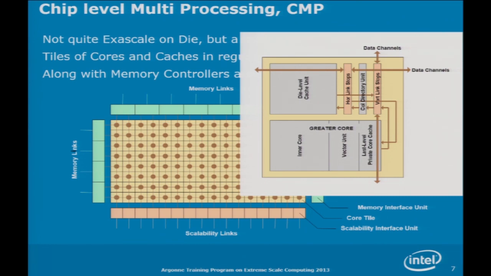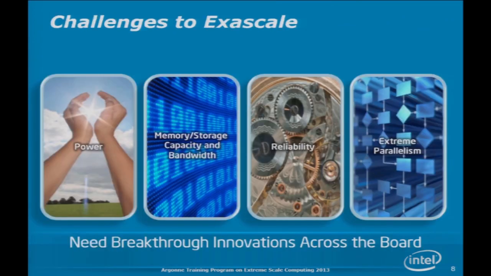We sort of covered the first part of this, but there are some challenges. I stole this slide from somebody, and on the slide when I stole it, it said, you know and I know and the American people know there are some challenges to Exascale. And so here are the 4 major challenges where I think we need some breakthroughs. And it isn't just predictable that this will happen.